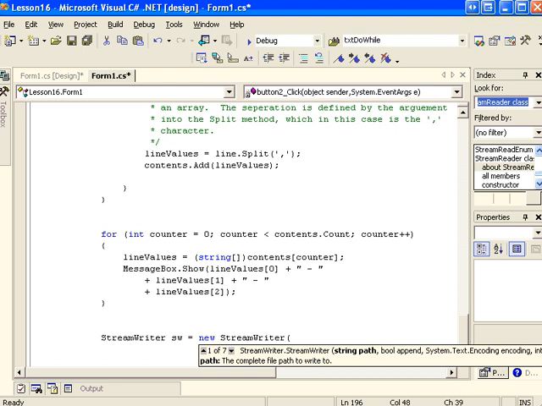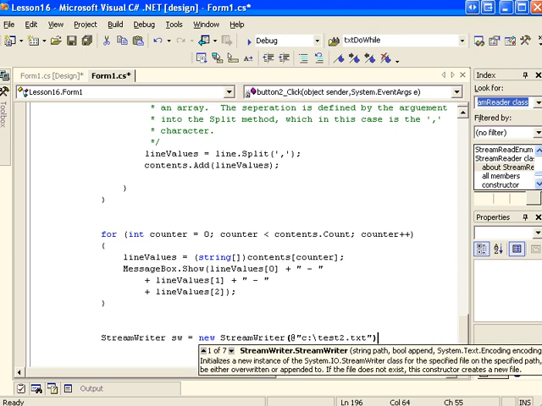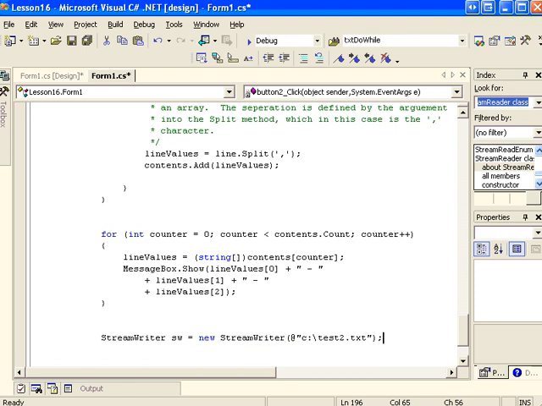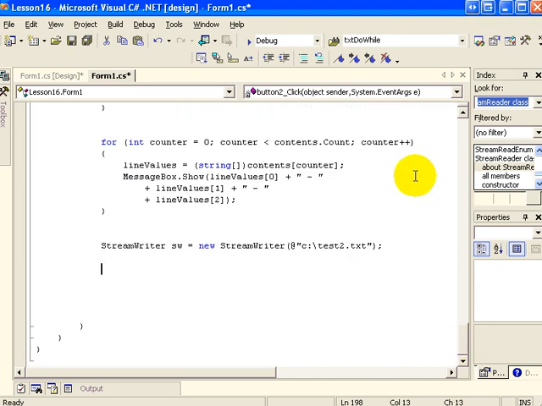And again, in the constructor, we're going to send in the path of the file that we want to write to. And this is very close to what we did for the stream reader. And now, what I'll want to do